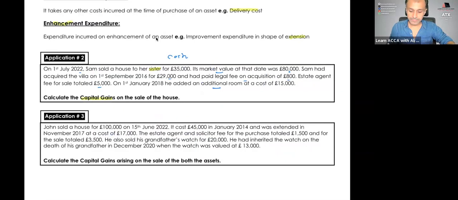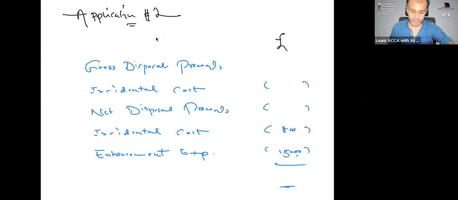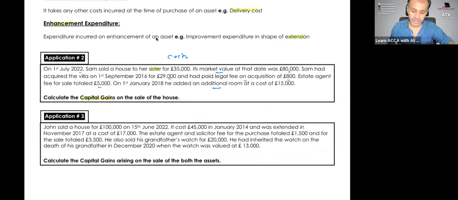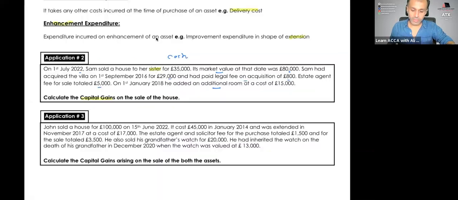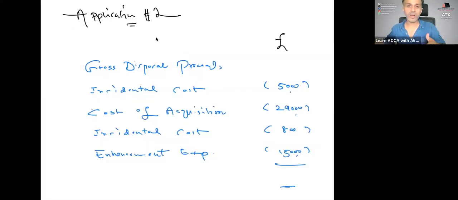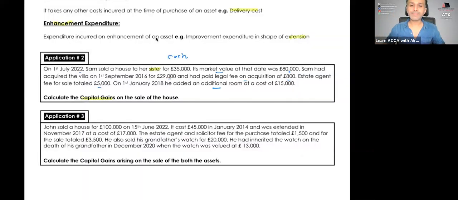We have the cost of acquisition, which needs to be fixed in. The cost of acquisition is given as 29,000. The incidental cost in regards to sale is 5,000. And the only thing that needs our good attention is the sale of an asset to whom I have highlighted, sister. Now, sister is one of our connections,